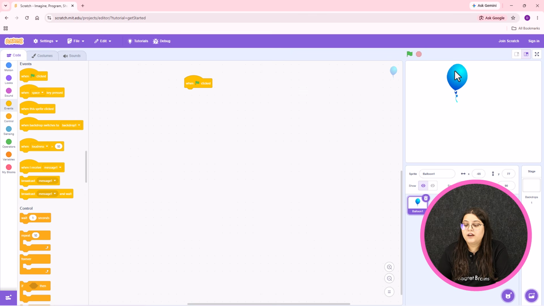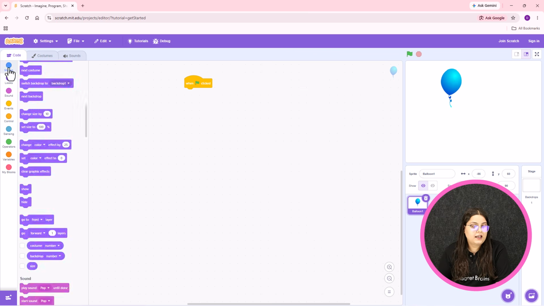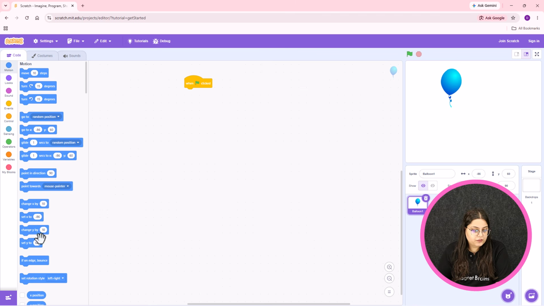Okay, now I have to change the position of this balloon. I want this balloon to fall from upside down. Okay, so you already know that this balloon will work on y-axis. So we select motion block, change y by 10. Okay, so if the balloon will go down, the value of y will decrease.